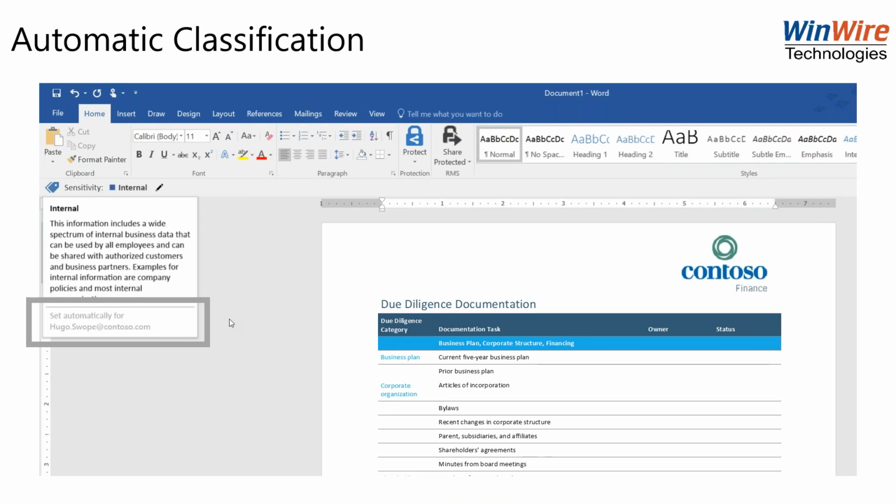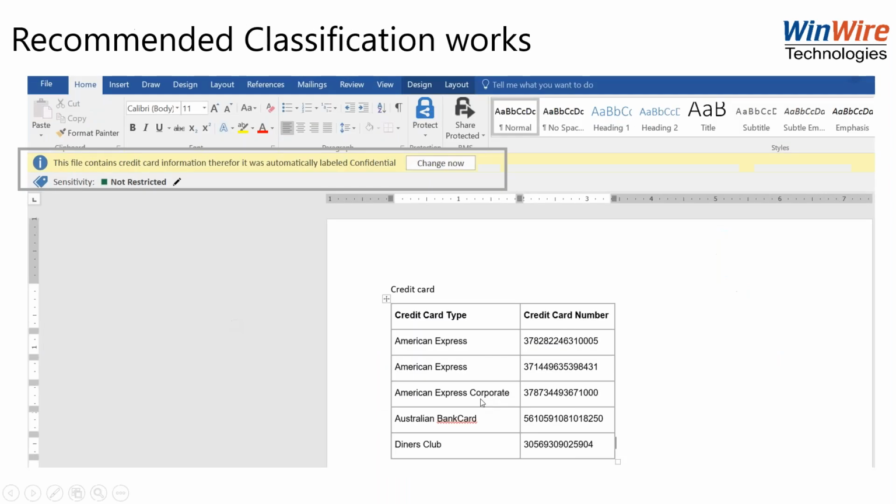Based on the data I'm seeing in the document, this is what I think is the sensitivity label you may have to apply. And this is what Microsoft automatically recommends, and you as a user will be able to change it, right, by clicking on the change now button.